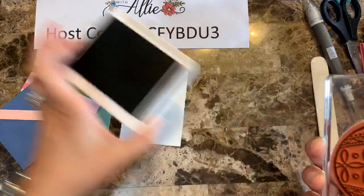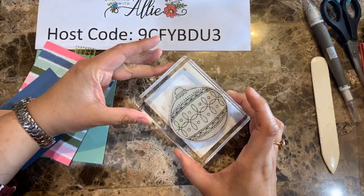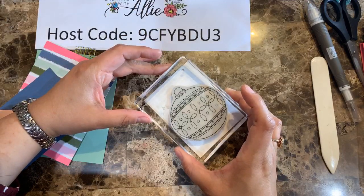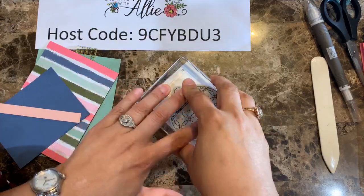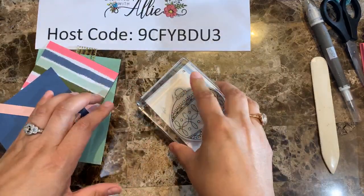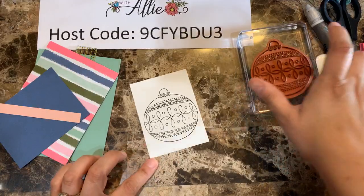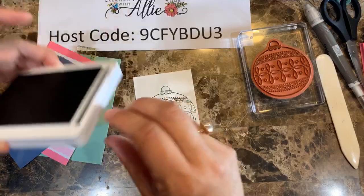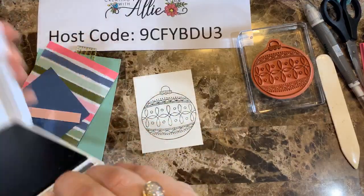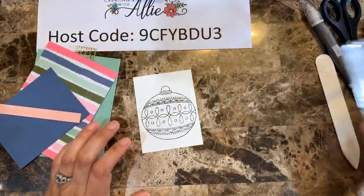I just need to make sure I have a nice... and then I'm going to be putting it somewhere like this. There we go. So I have it right there. And then the other thing that I'm going to be doing, hold on, let me just close this one. I get all nervous when I get all the ink pads, because I don't want to be getting them in my